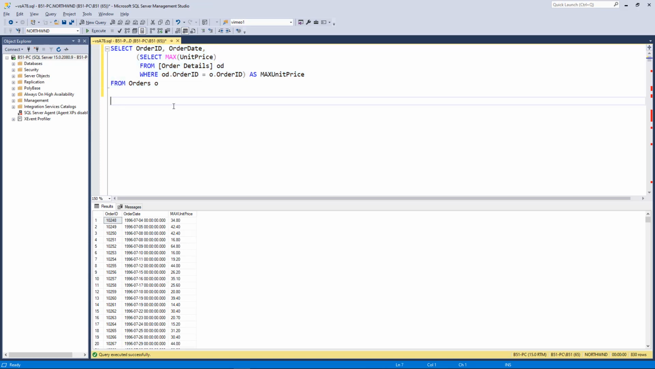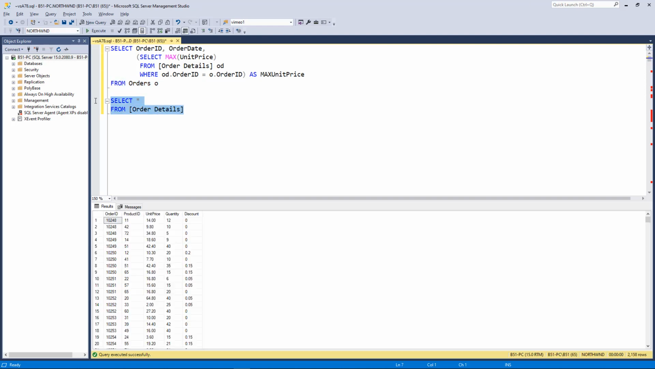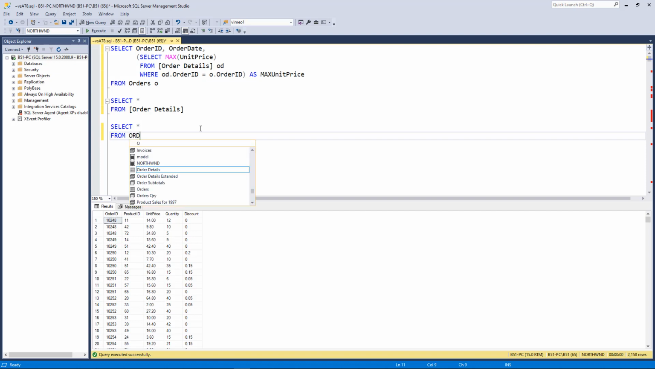So let's write it step by step. First of all, we have the select. Let's write asterisk from the order details. In the order details, we have the order ID, and we have the unit price. And this is what we want from the main query. If we run select asterisk from orders